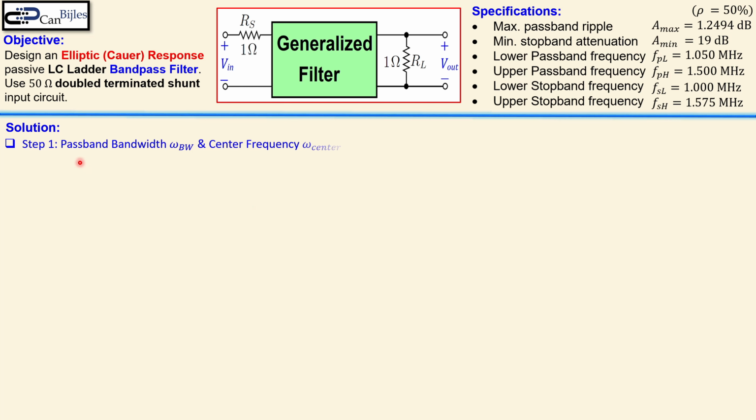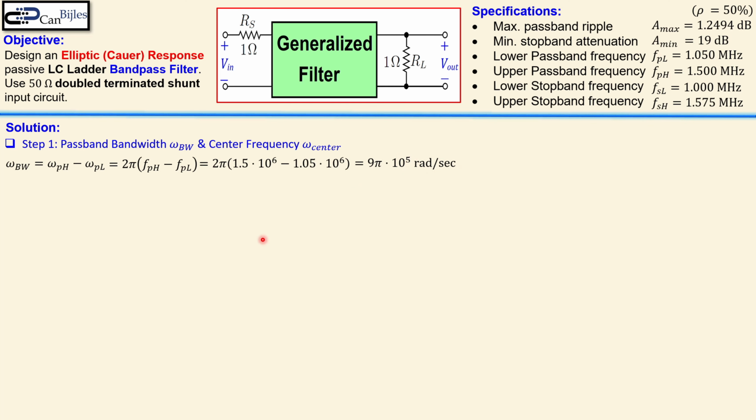The first step is looking at the passband bandwidth and also the center frequency from the specifications. For the passband bandwidth, we use the upper and the lower passband frequency in omega, so we need to multiply each of these by 2 pi. We have actually now this expression, and it will give us 9 pi times 10 to the power 5 radians